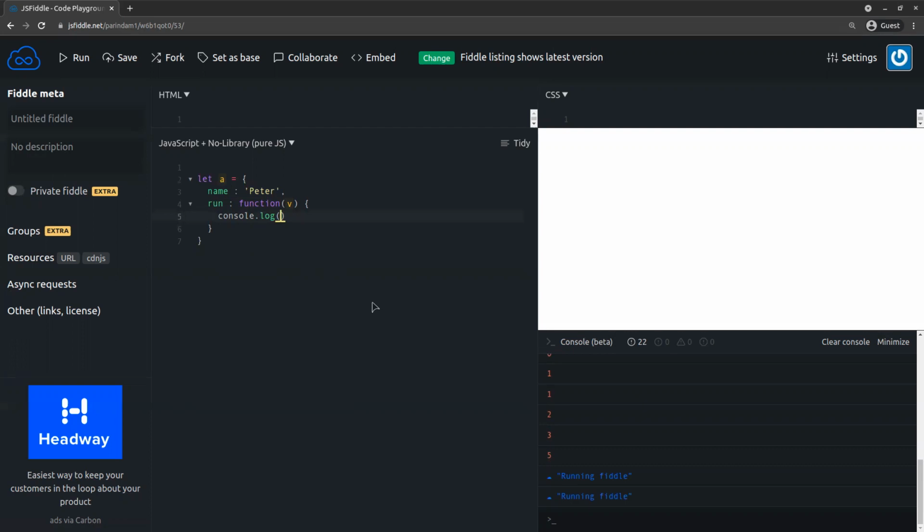So I'm creating one method with console.log, this.name, that means Peter, is a good, then v.